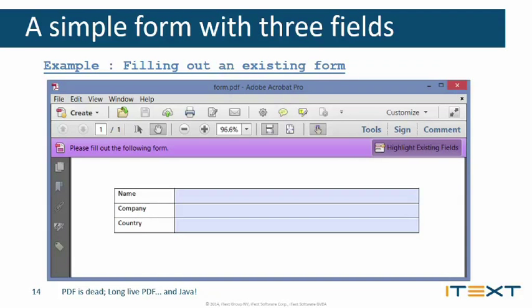Then we move on to manipulating an existing document. One of the often used use cases is filling out forms, because a lot of companies have to fill out forms and they have the form data ready somewhere. They have it in a database or wherever they have it stored. And it would be silly for someone to type over all the content in a form that they have to fill to submit to a government website or whatever. So we can obviously do this automatically using the iText library.